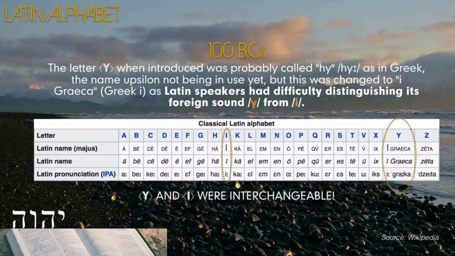Oh, and look, in 100 BC, the Y sound came from the I, which is what we see in the Greek Septuagint and in the Greek in every concordance we've ever seen. So, is it a J? No. We're not going to get into technical terms, and we are not linguists, but you will find our research